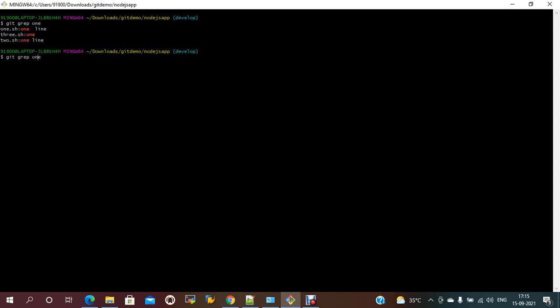I need to check only the files. Okay. That time you just need to use it with the extension, whatever it should be, and -l. If you use this, it will display this. So like this we can use the grep command.